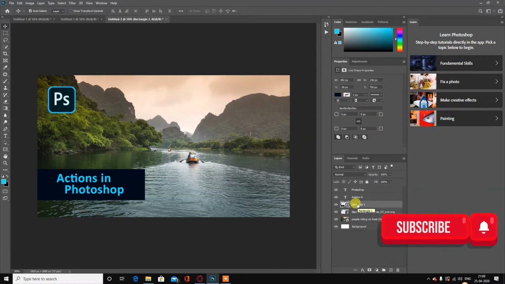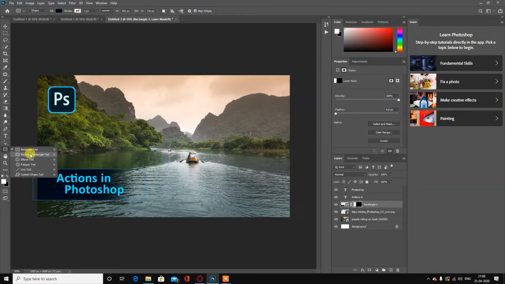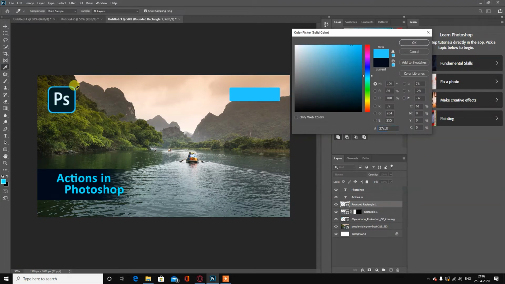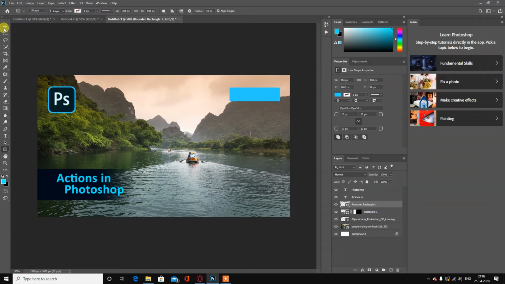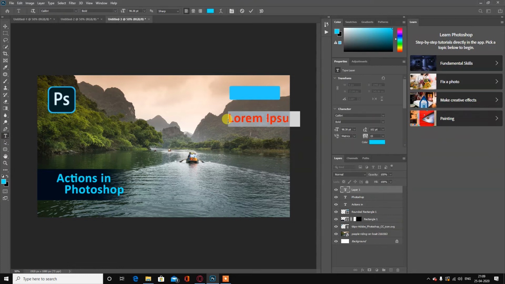At this time I want to assign a layer mask to the rectangle. So I have added the layer mask here with the gradient tool. I'm going to apply the gradient on the layer mask like this. So our text is looking good. Here I want to create a new shape, a rounded rectangle like this. I want to change the color. I want to use the blue color like this. And now let's type the text here. Great, we have the text.